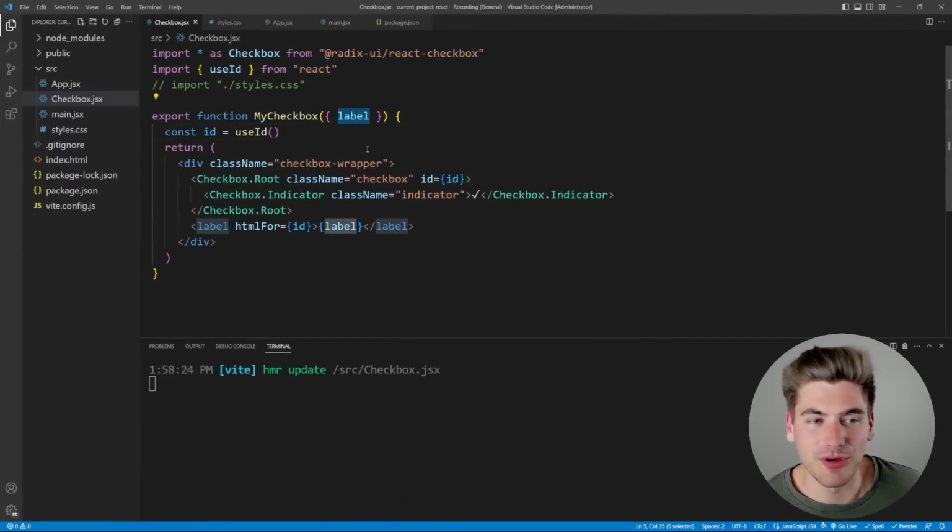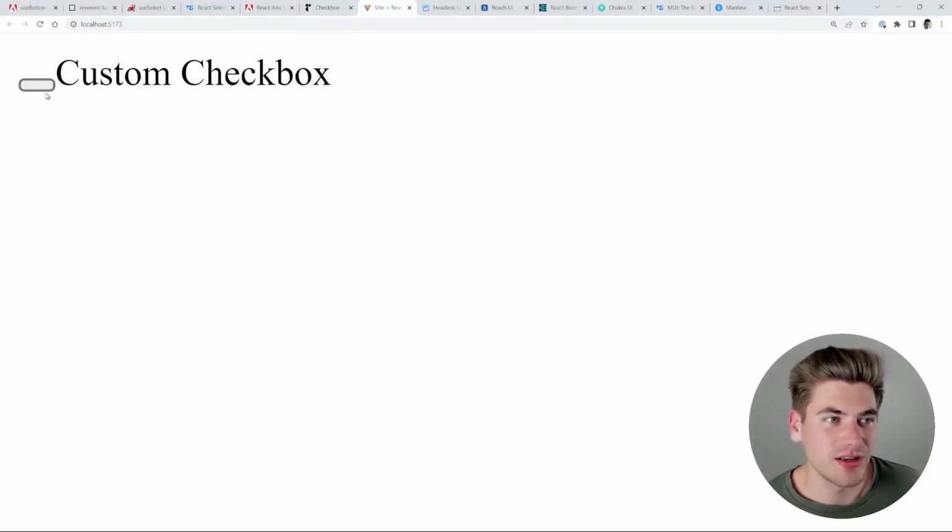I'm passing in a label. I can pass whatever I want in here as well. This is just a very simple example. As you can see, I have a checkbox root and a checkbox indicator, and in here I just have a check symbol. So if we look at the actual version of this code that's running, you can see right now